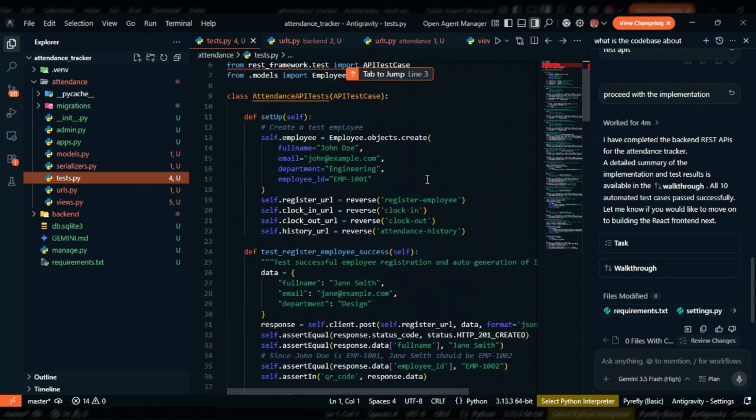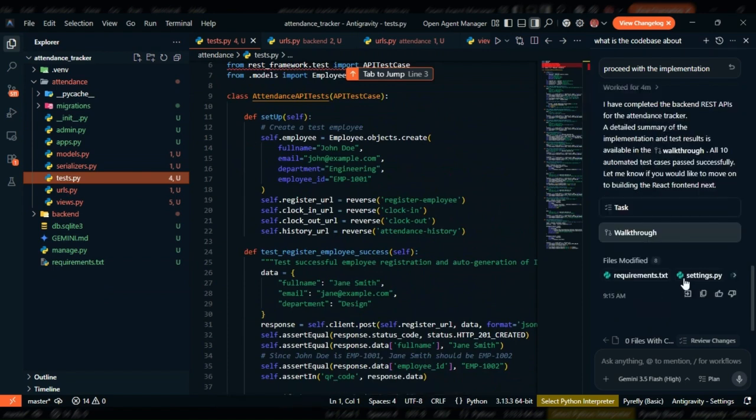Because all these things are done so fast, the knowledge I already have of how to code, how to develop this application on my own, helps me to cross check to be sure that all necessary implementation is being done. Since the backend is done, all I need to do now is to proceed to the front end. So I just come to the prompt here and type proceed